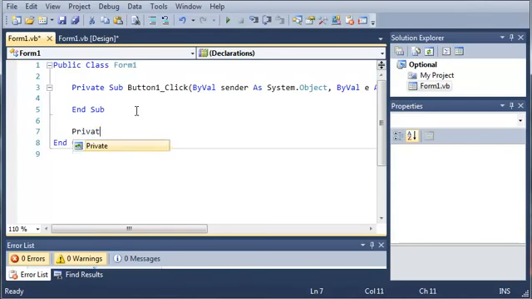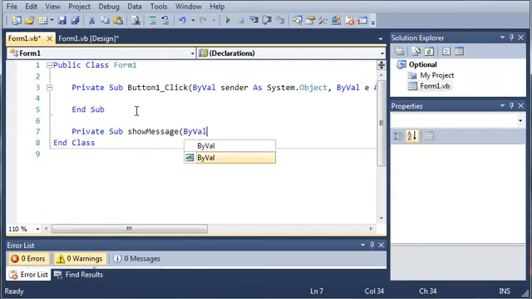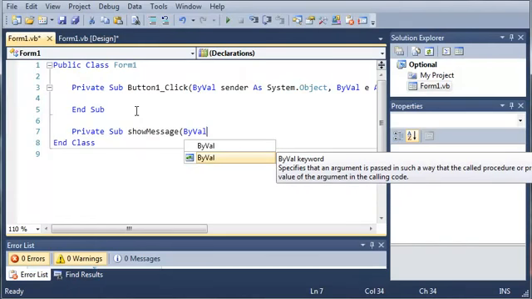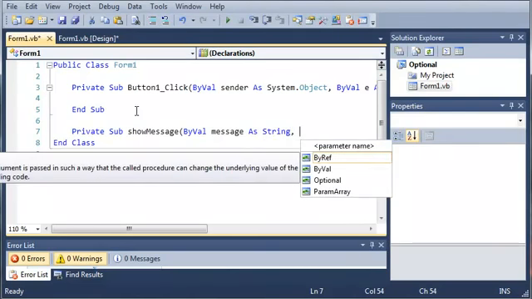So we're going to start off with the keyword private, and then we'll use sub, and we'll call it show message. And now what we're going to do is we're going to force the caller of this sub to enter in a message. So we'll do ByVal message as string, and then we're going to have them enter in a